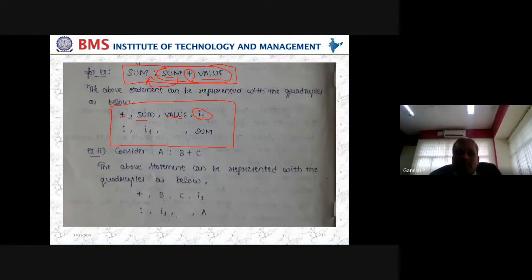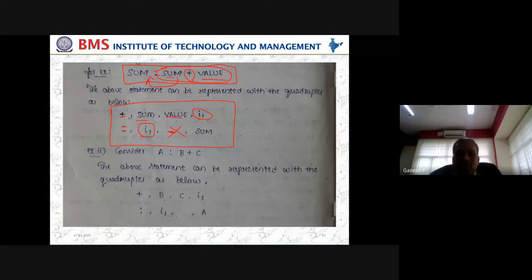So now what we have? We have sum equal I1. So what is the intermediate form for this? This is equal, let us say, colon-equal, that is the operation. What is the operand now? This is operand I1. We don't have another operand, it is empty, because there may be instructions which involve only one operand. So our quadruple is possible to involve up to two operands. If any operand is not there, you can avoid it, but you have to specify a space because it is